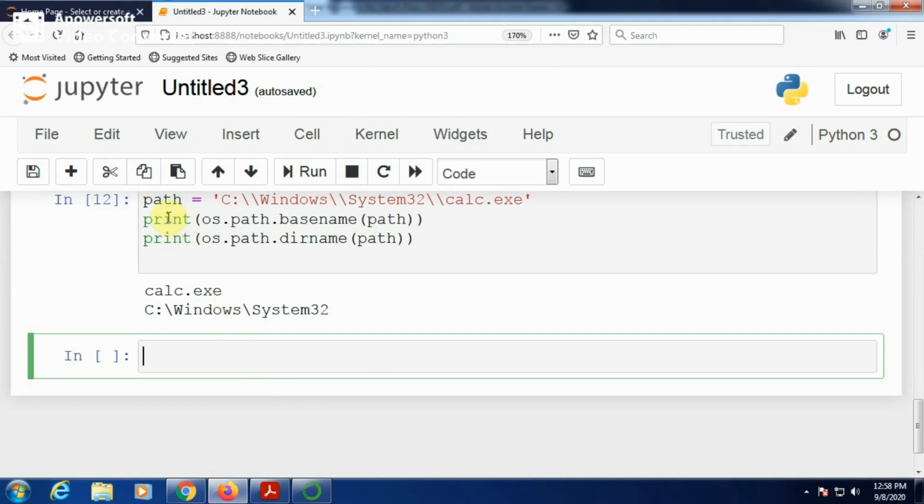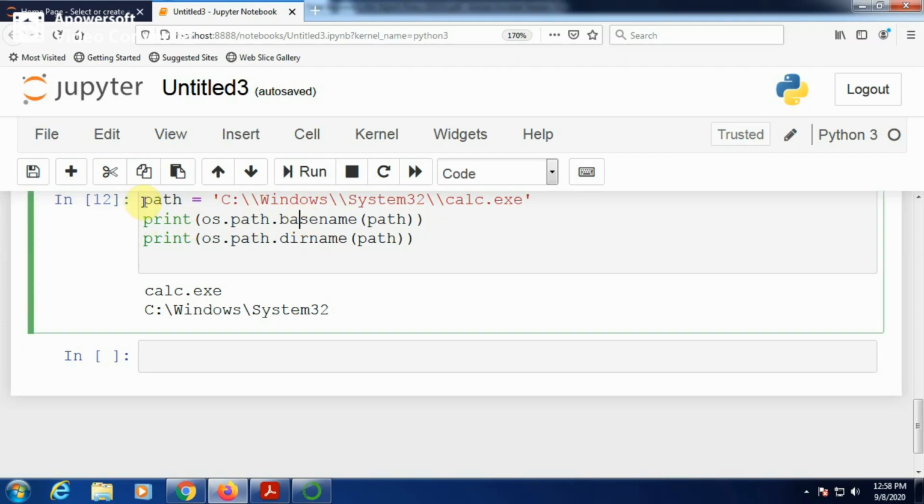Now we continue with the os.path.basename function. First of all, we are storing the Windows System32 calc.exe full path in the path variable, and now we are displaying path.basename.